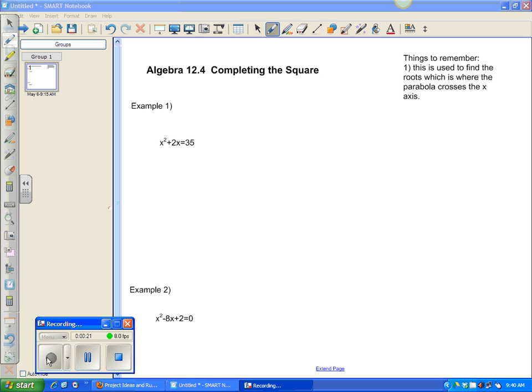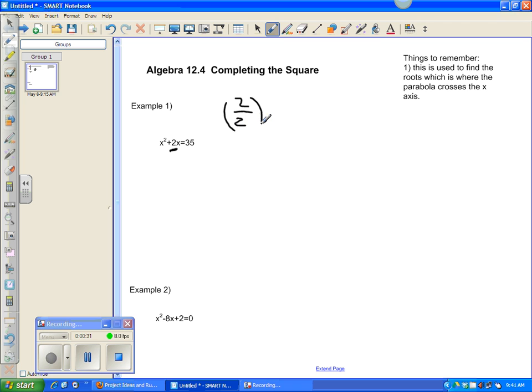So the first thing you do in completing the square is you take the b, which in this case is 2. What it shows you in the book is you take the b and you divide it by 2, and then you square it. So in this case, I'm going to have x squared plus 1 squared, because 2 divided by 2 is equal to 1, and you leave it squared. Leave it squared, and this is where it gets confusing sometimes. And that is equal to 35